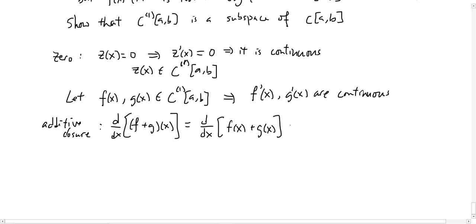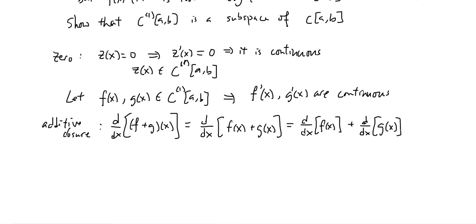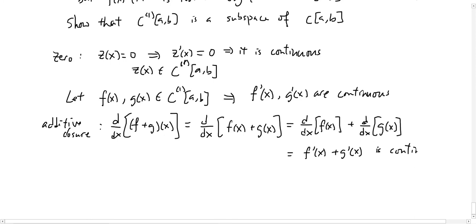And when I take the derivative of f of x plus g of x, I can separate them by taking their own individual derivative. Then what I get would be just f prime of x plus g prime of x. And this is definitely continuous,